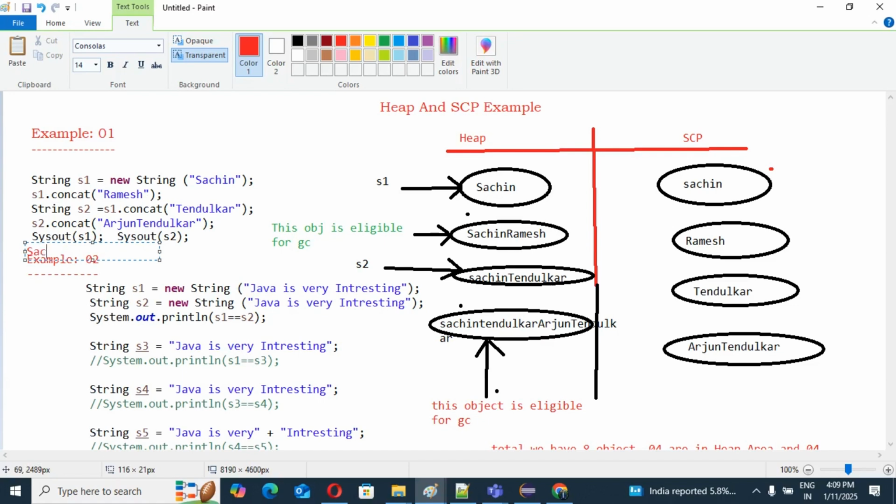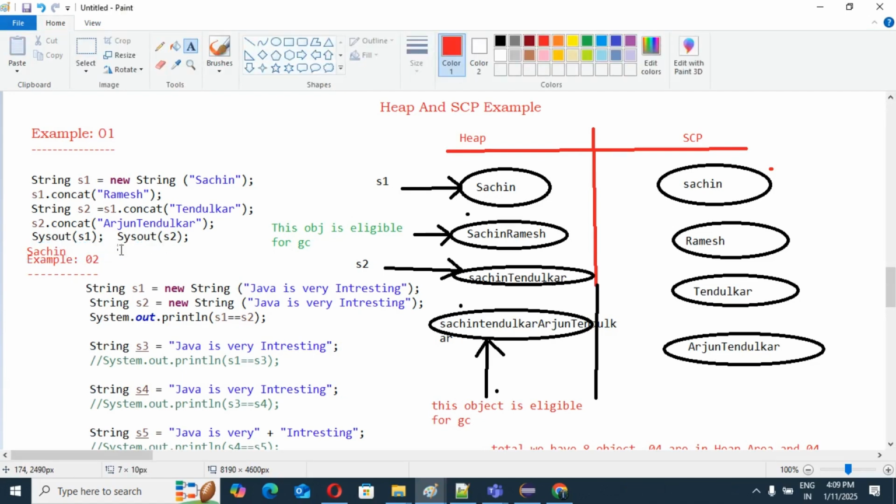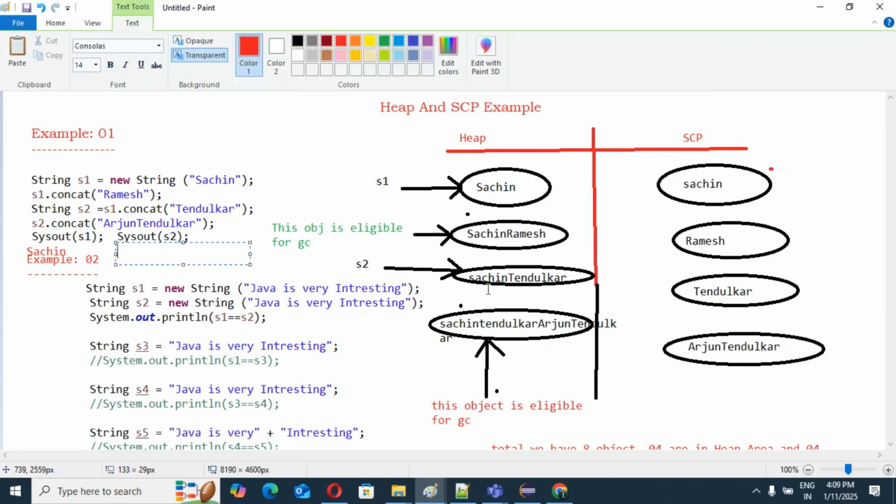And s2 will print Sachin Tendulkar. Yes or no? So I'm writing the same thing here: what prints for s1 and s2. This time it will print Sachin Tendulkar. Yes or no?